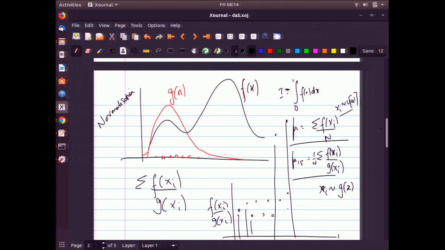If g equals f, that's just 1. Which means if your samples are distributed according to the integrand, every sample in the estimator is just worth 1. Correct? So if you remove this and just give 1 in this loop, as long as the samples are distributed according to f, you get the integral. So here,